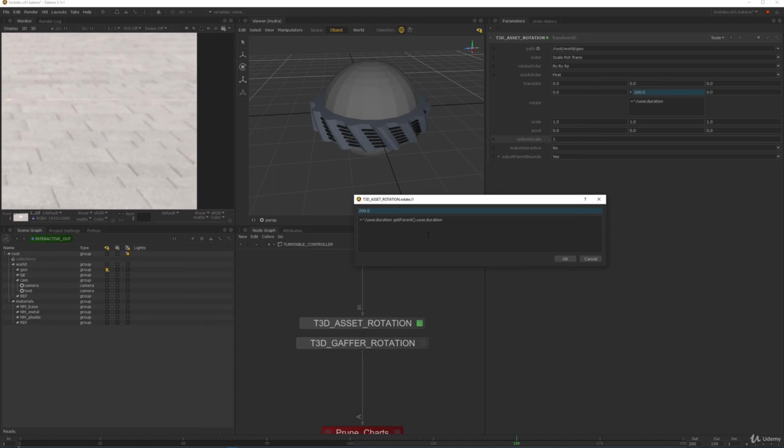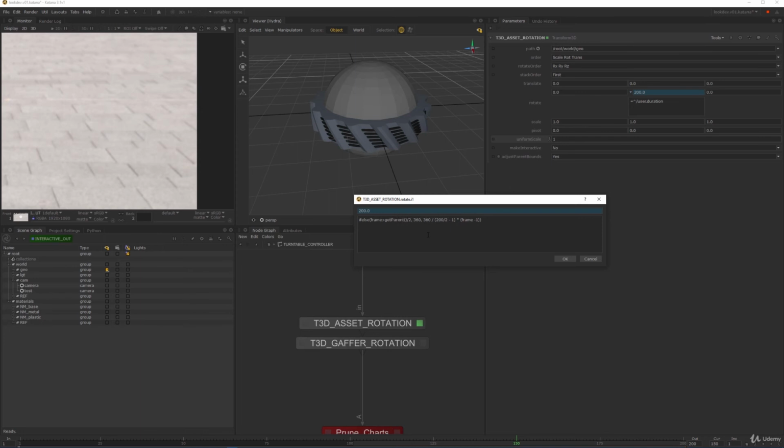But the first one is a lot faster to get that value. The problem though is you cannot combine reference expressions with Python. The bigger problem is now we have this whole loop here, or this whole expression, and obviously it is Python and we would need to do the whole Python thing. So wherever we see a 200, we can type in get parent